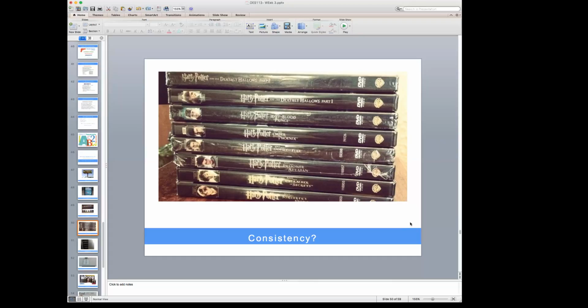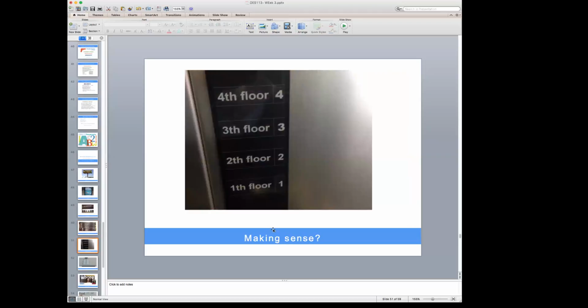So it appears that there's no consistency going on here, which is kind of strange considering how this was such a big movie, and hopefully the designer would have been on it or used some kind of template. But in this case, everything is just totally off. This is a gross error, especially in your article design. You're going to see things when they're side by side. You're going to be working with columns and baseline grids. Things that are misaligned will stand out to you. And so we really want to make sure we've got an eye for alignment. What about this one?